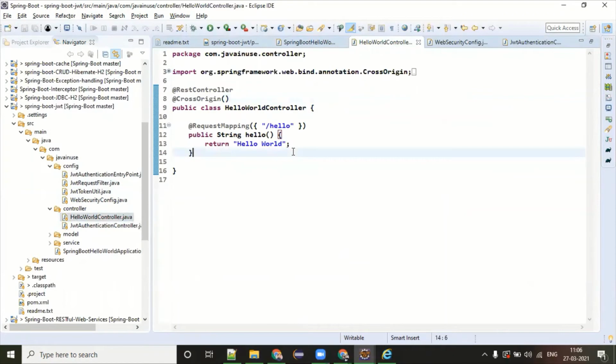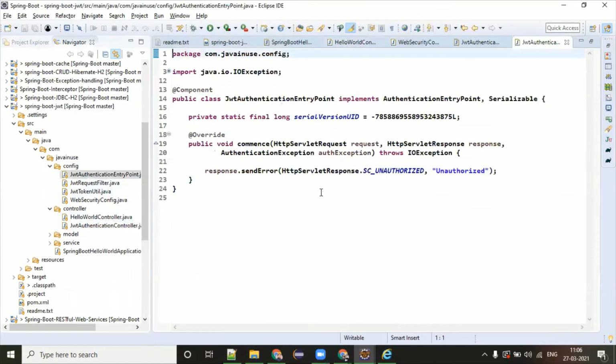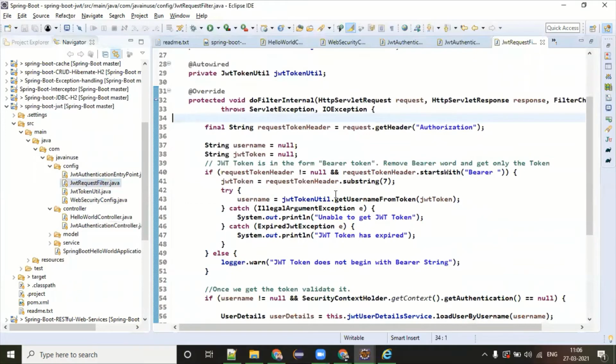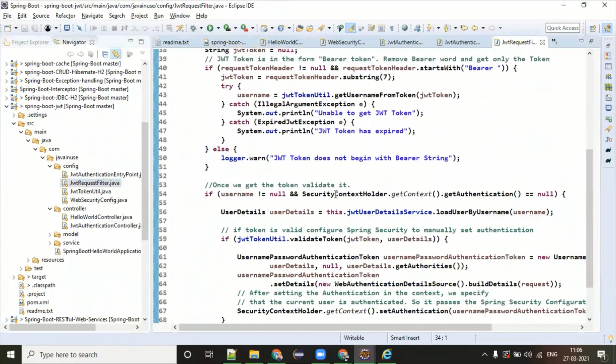What is this cross origin? I will be talking about it also. This is JWT related, which is basically sending the error in case of failure or unauthorized. This is the filter, which is going to automatically intercept us the first time.